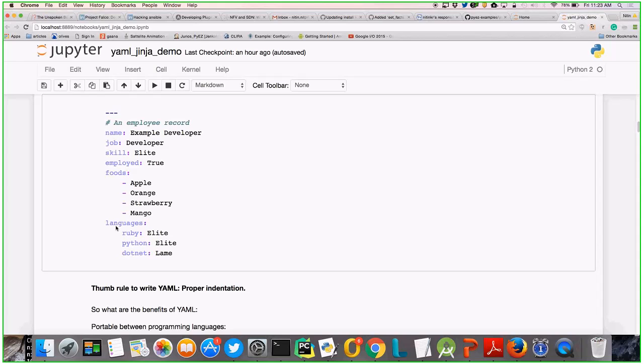So this is with respect to Python. In any language, that gets converted to your array or hash, whatever you say in that language. Value of the food key. Similarly, this is a dictionary which is the value of the language key.